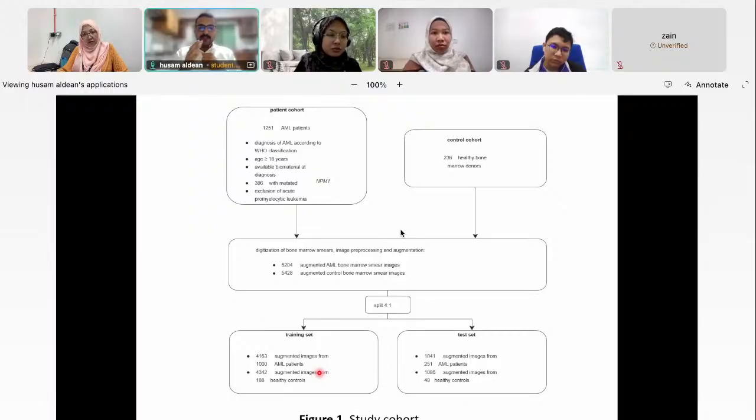So we augmented more than 5,000 AML bone marrow smear images, and above 5,000 augmented control bone marrow smear images. So we have more than a million single cells, because the average slide has 168 cells in every slide. After that, the researchers split the data sets into training and test sets,